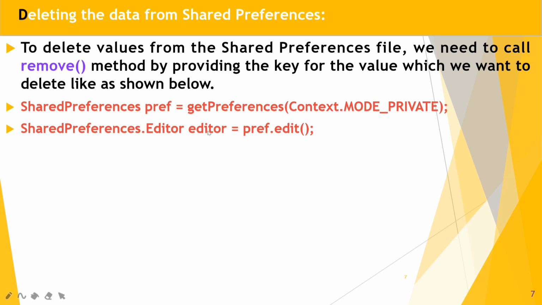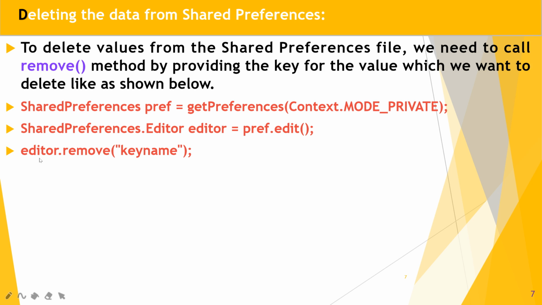So it creates the object of editor. Why do we require the object of editor? Because we want to make changes to the shared preference file. At that time we require the object of editor. Hope you understand. After that, editor.remove(key name) removes the particular value related to that key from the shared preference file.